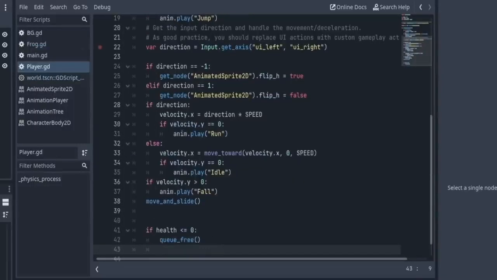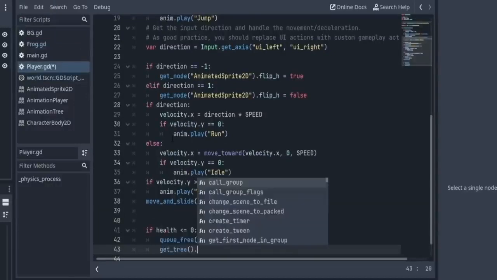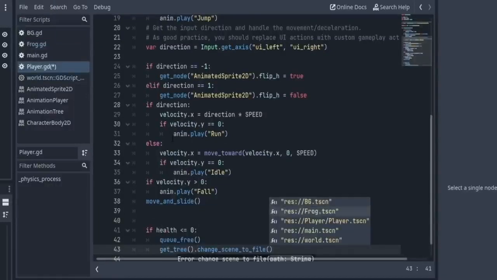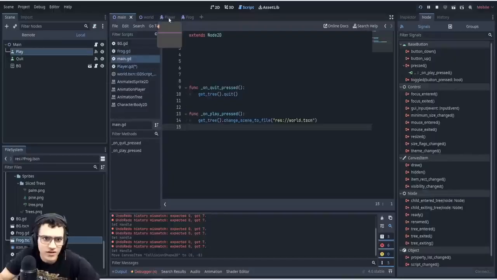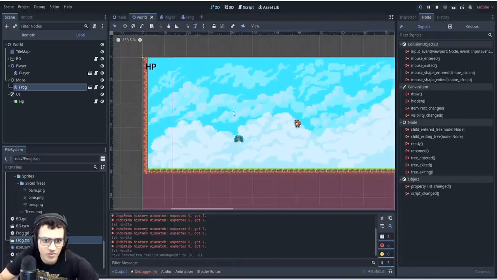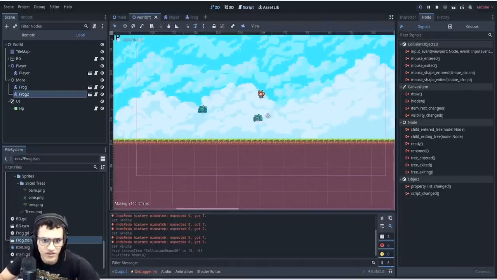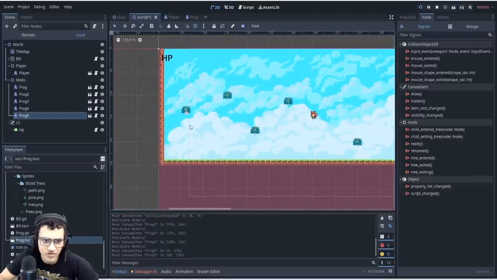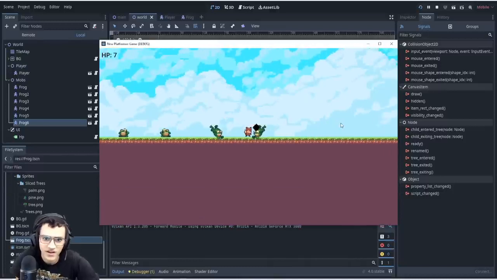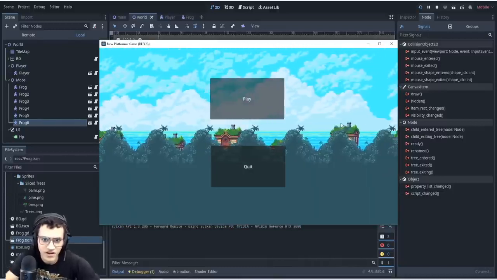And then what we can do is go back to the main menu. So we can say get tree dot change scene to file and go back to the main scene. Let's add a few more frogs. So we can duplicate this a few times and kind of just drop them wherever you want. Make sure they're in the world. There we go. And now when we play and I hit them all and I die, I go back to